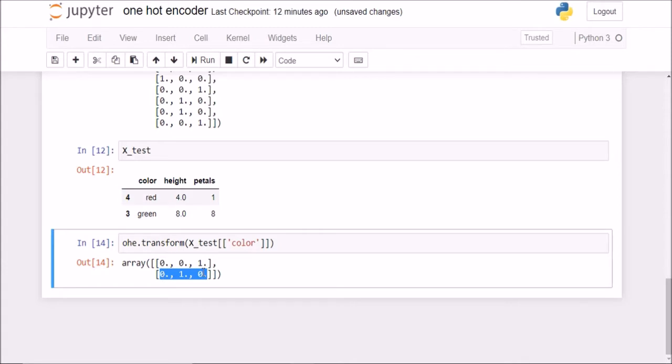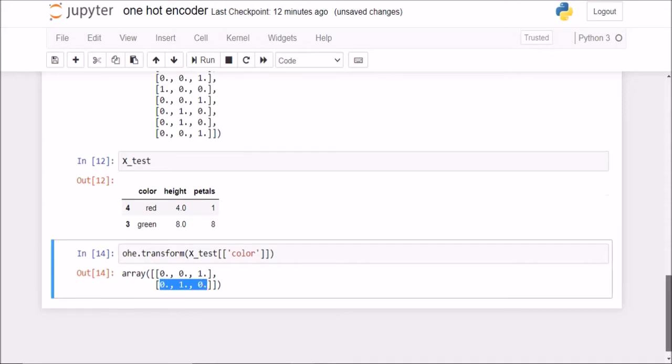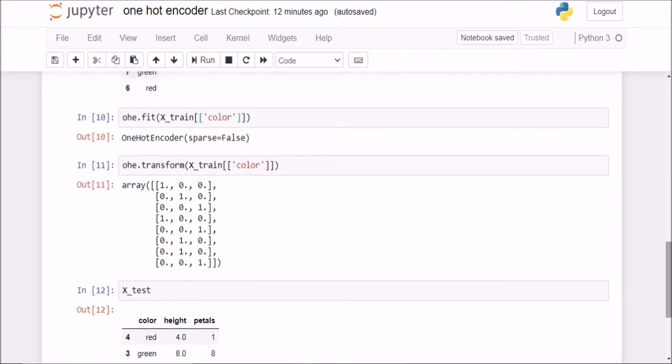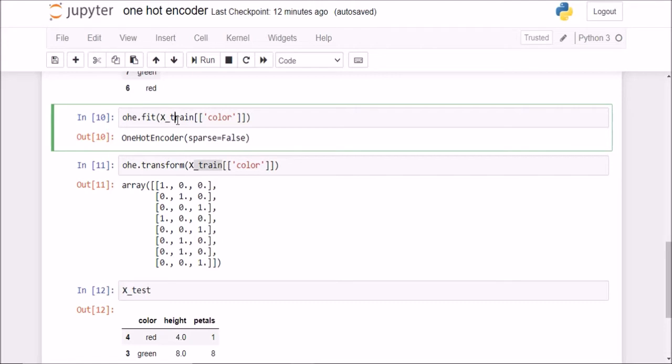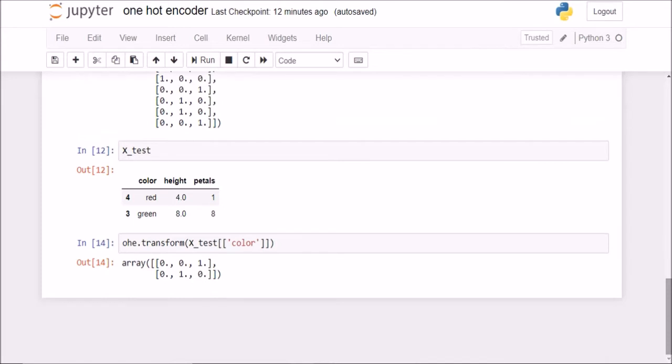So you see, it is retaining the original structure of X_train, because we fit our OneHotEncoder object onto this X_train color column. This is one big advantage of using OneHotEncoder. It retains the structure and it helps very much in the machine learning model. So this was one of the advantages.